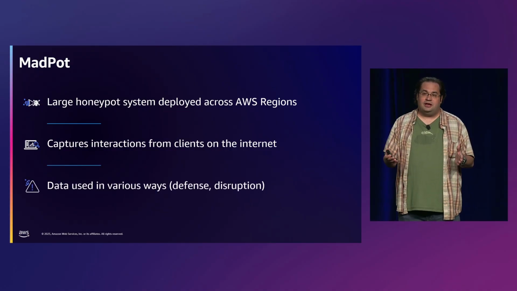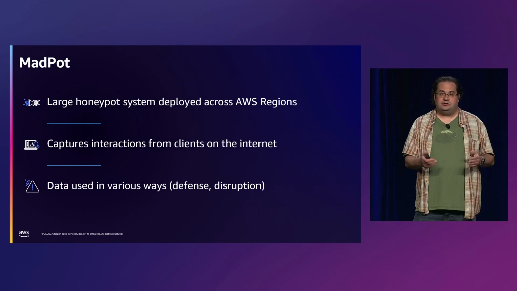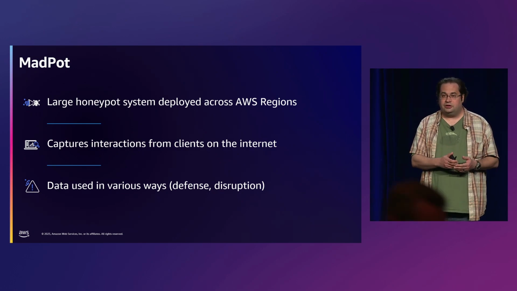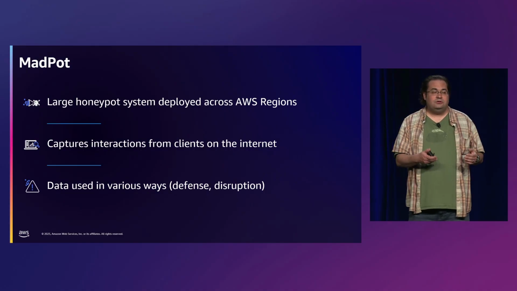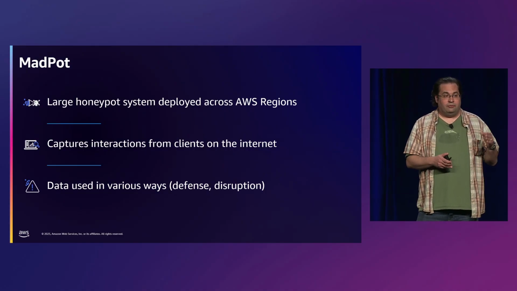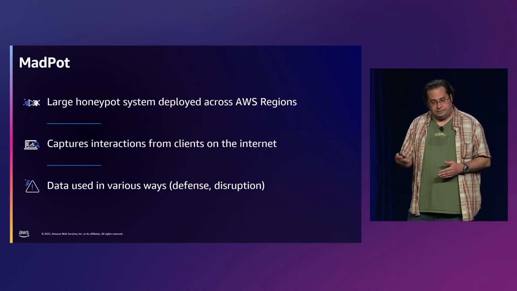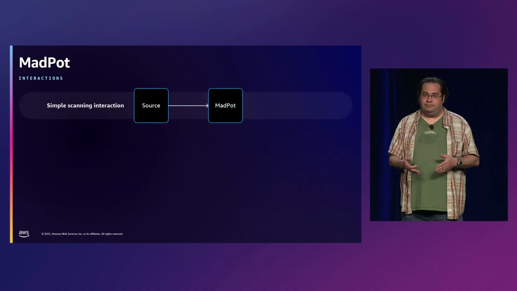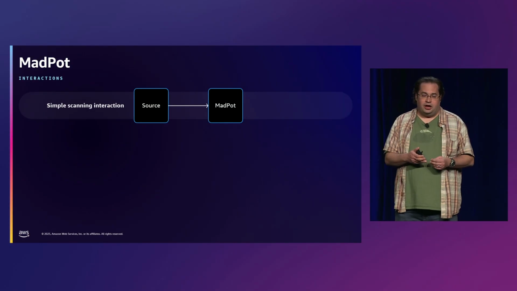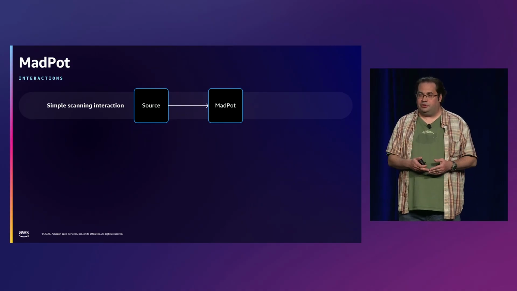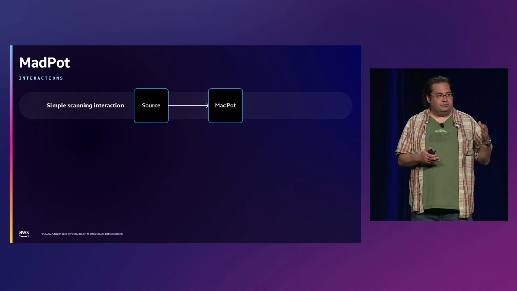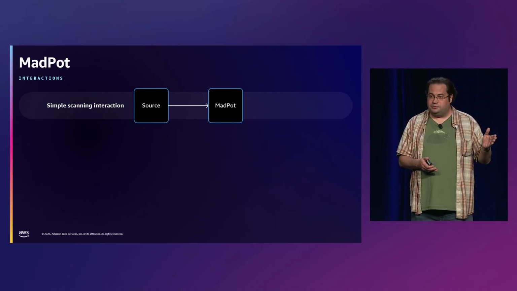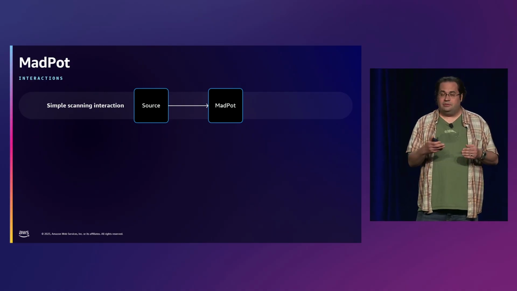And what we do is we take that data and we use it in various ways from a detection perspective, and we feed that into other AWS security-related products from a defense perspective, as well as we use the data that we collect from it for any sort of threat actor disruption work. And so when you look at MadPot, this honeypot that we have out there, there's a variety of different kind of ways to interact with it. And you think of kind of one basic one is, well, what about just scanning activity? So that could just be things from ping sweeps, things like that, all the way to, let's say, scanning for